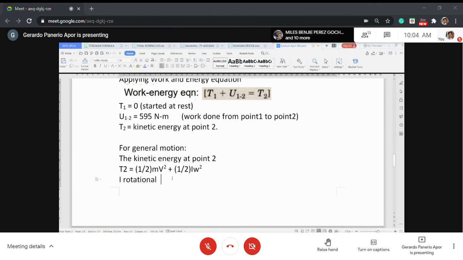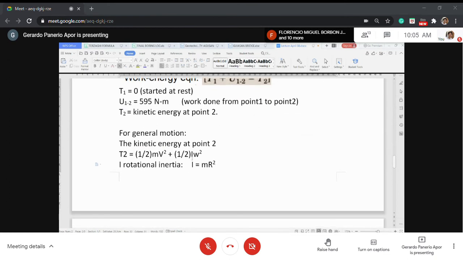And as given here, for a disk, I is equal to 1/2 mr squared. Okay. So substituting this to there,